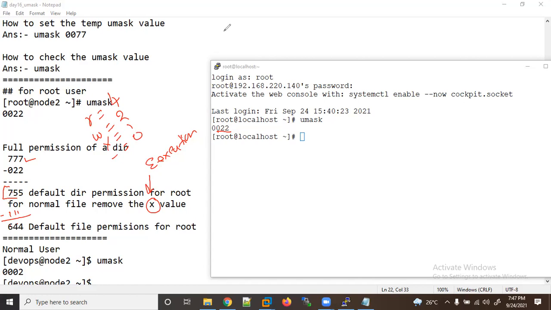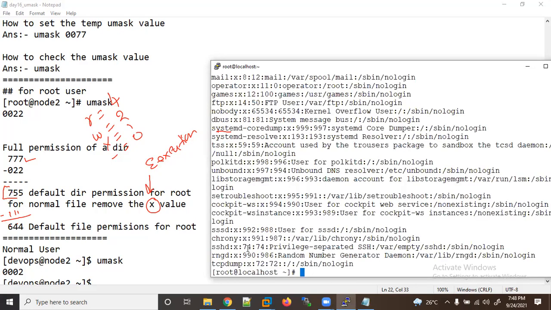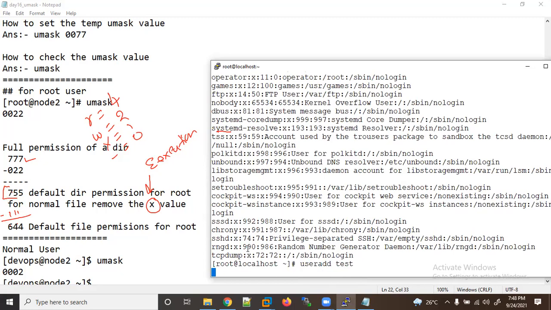So let me log in as a normal user. Let's see if there is any user we have here, or we need to create one. Let me create a new user with the useradd command, and let me create a test user first. Okay, so let me do su - test here.